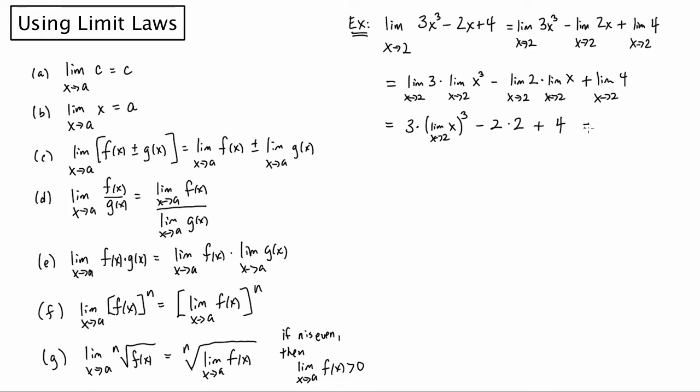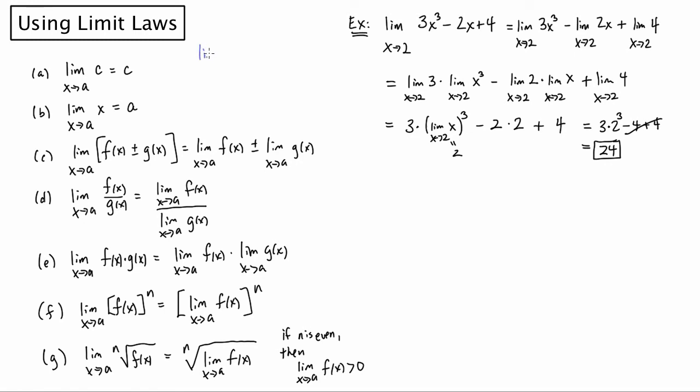So finally, if I evaluate, the limit as x goes to 2 of x is 2, so this is 3 times 2 cubed minus 4 plus 4. So altogether, 2 cubed is 8. These cancel. 8 times 3 is 24. So the limit there is 24, and what I want you to see, or what we should see here, is